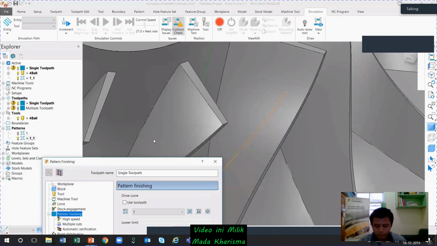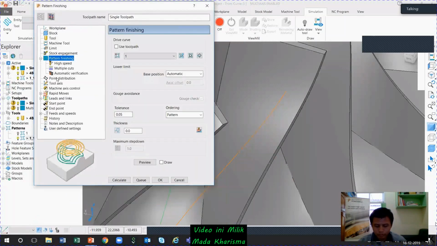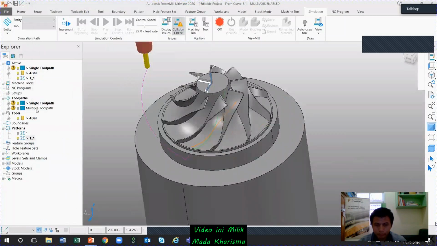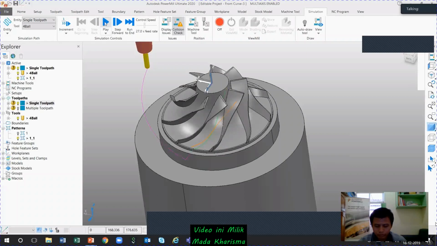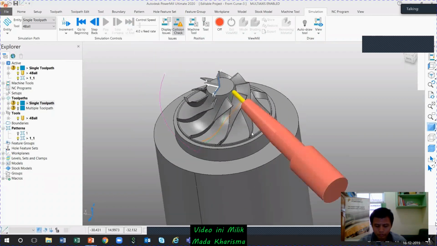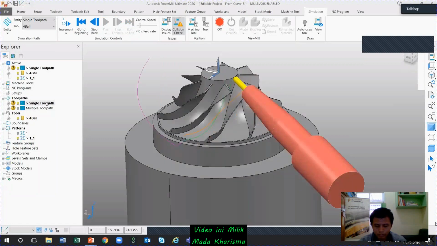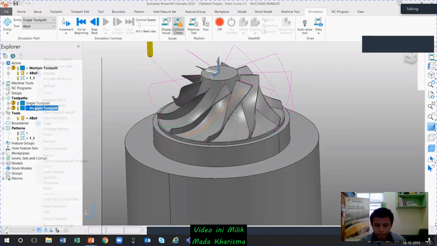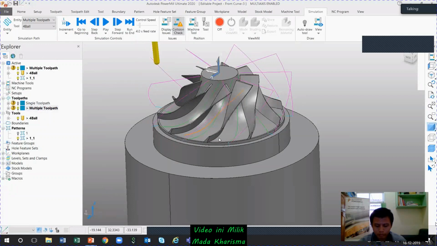Okay. So if you just simulate this tool path, it's not any blisk tool path or anything else. It's a simple pattern finishing tool path. 3 axis almost, you already know it. Just changing its tool axis definition. You can just play it here. It's just changing the curve totally. It will change the characteristic of the tool path actually. Okay, see, this is how you can simulate the multiple tool paths here. I just transformed it. Okay, you can see that tool path here. It's more clear. It's a simple 3-axis tool path strategy, but